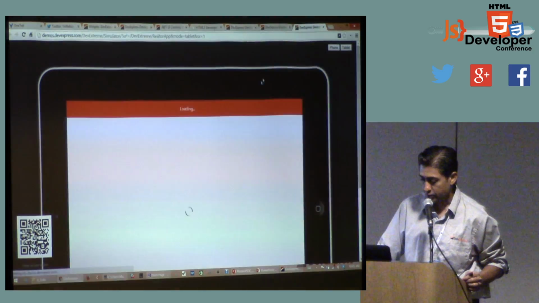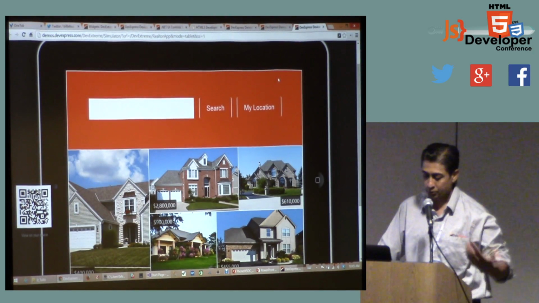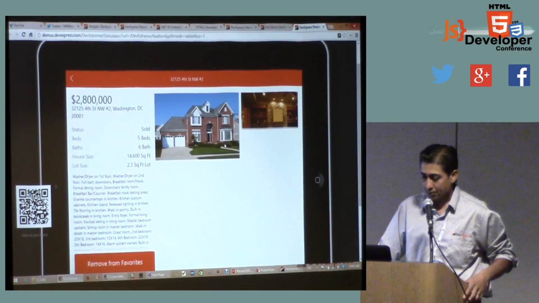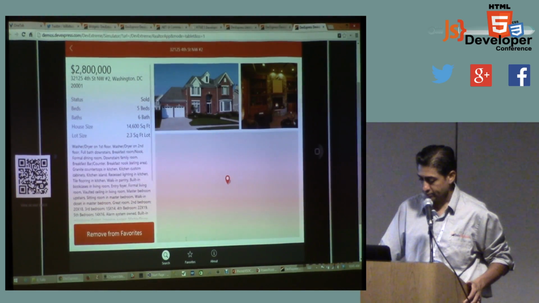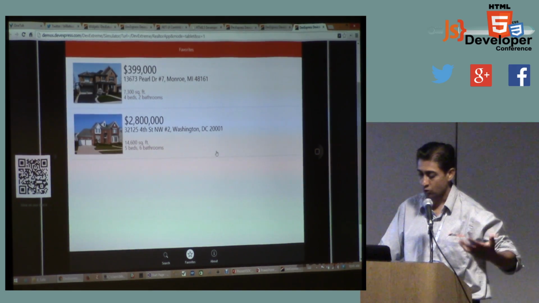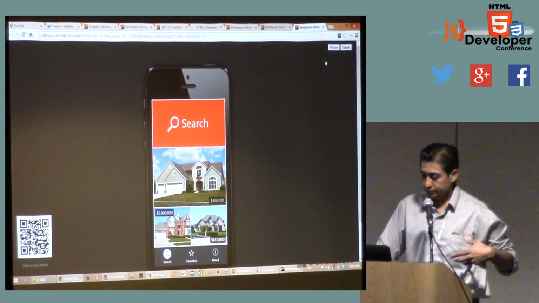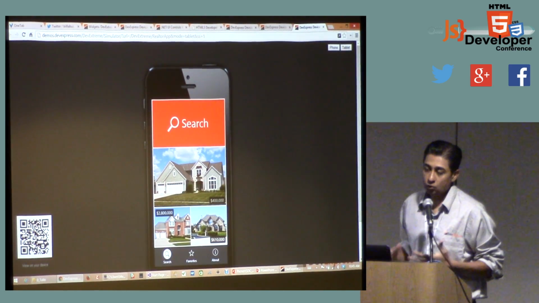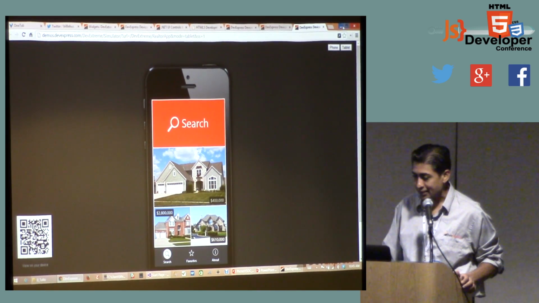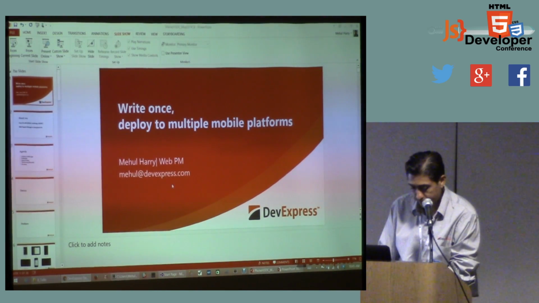This was our realtor app. So let's say, for example, you wanted to build something, a real estate agent's out there, and they said, hey, listen, I'm out there showing some homes. I can add some things to my favorites, remove them, whatever the client likes as I'm going around. And in the same vein, you have this. So you can build beautiful hybrid mobile apps like this using our framework. So that's essentially one of the things I'm going to be trying to show to you today.